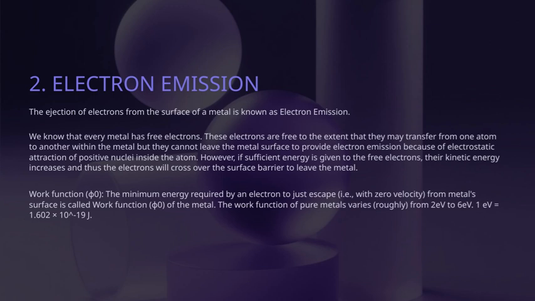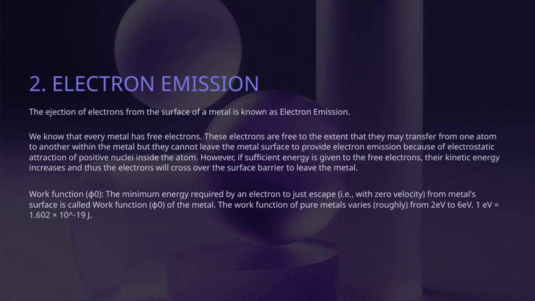Now, every metal contains free electrons. These electrons are quite mobile. They can move from one atom to another within the metal. But even though they are free to move internally, they can't leave the metal's surface on their own. That's because of the electrostatic attraction from the positive nuclei inside the metal, which acts like a barrier holding the